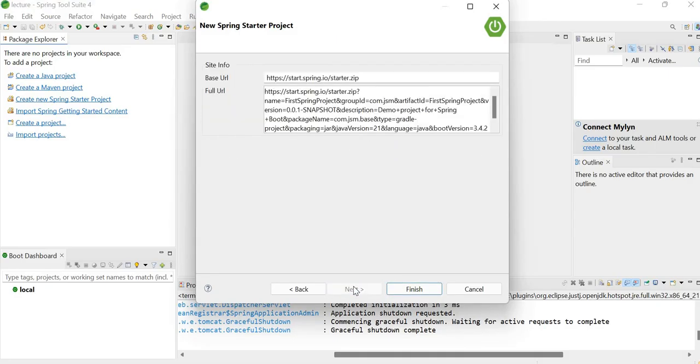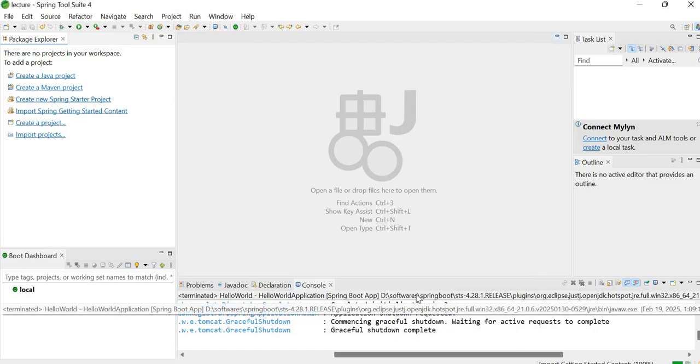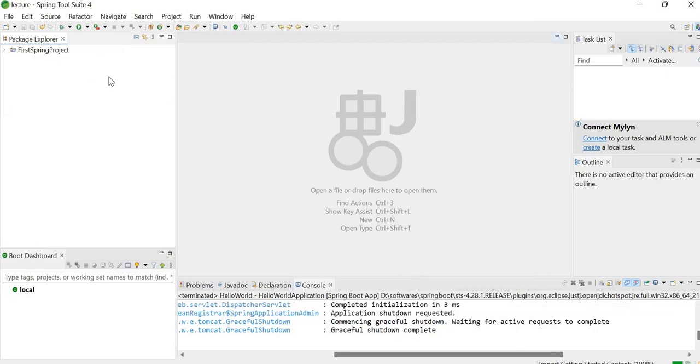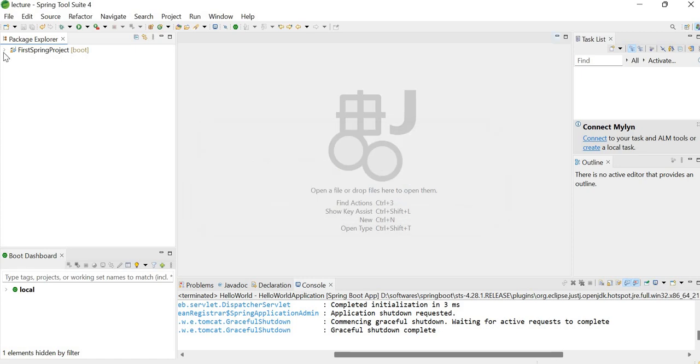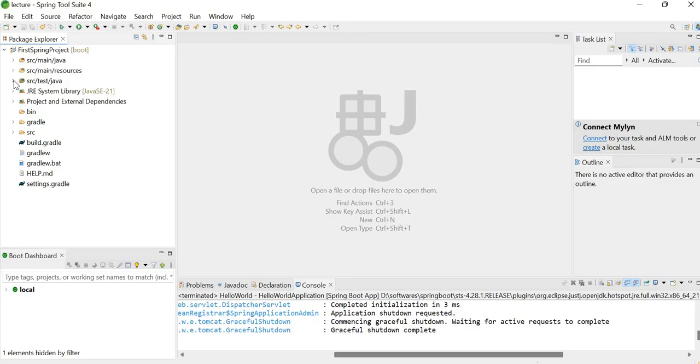Click on next and finish. So this is our first Spring project. Okay, great. So this is the project structure.